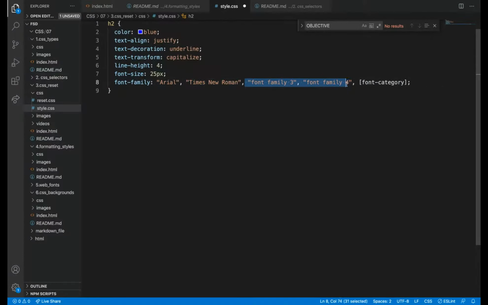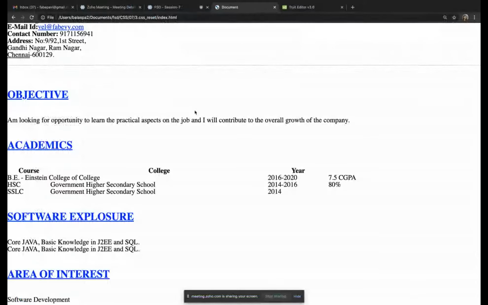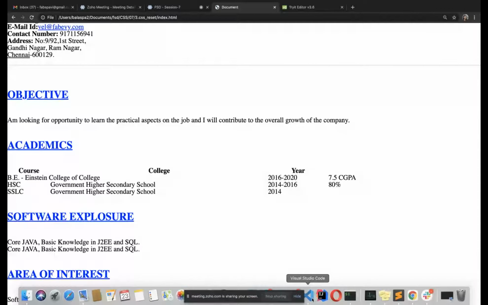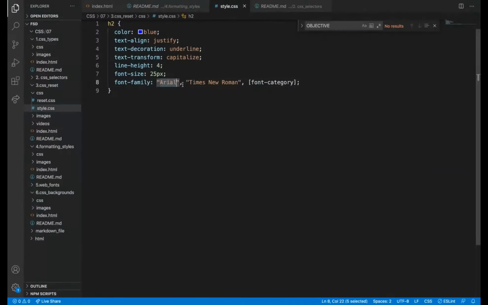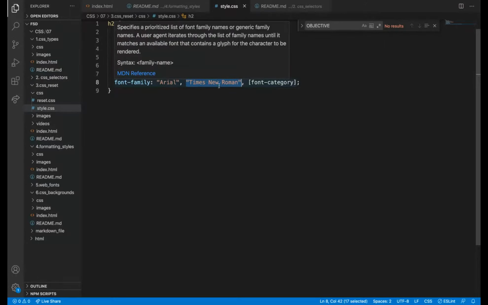Because the font files should be available in my system somewhere in a folder. So I'm giving Arial, but in some OS Arial may not be available. So I may give, if it is not available, take Times New Roman.